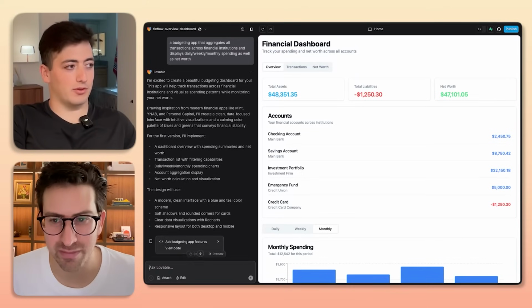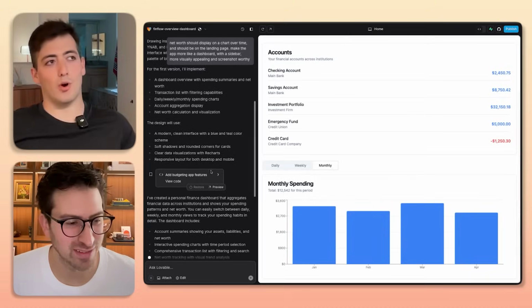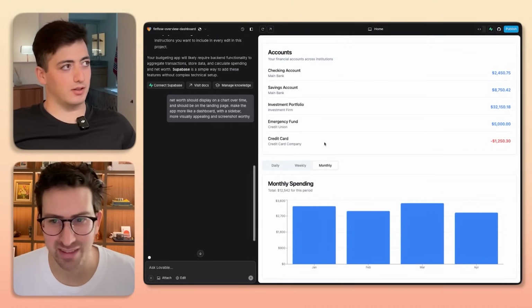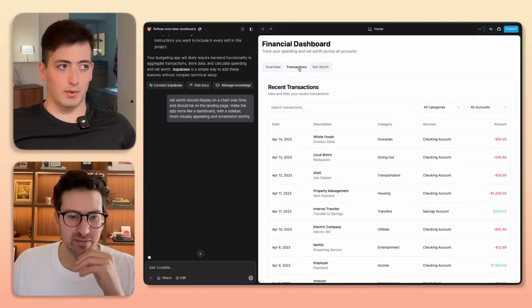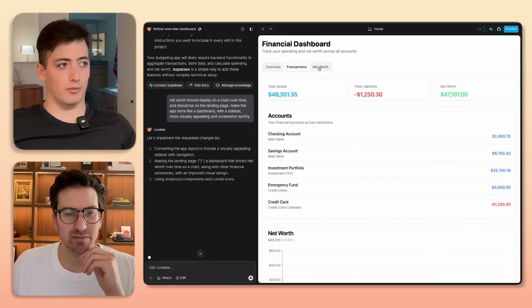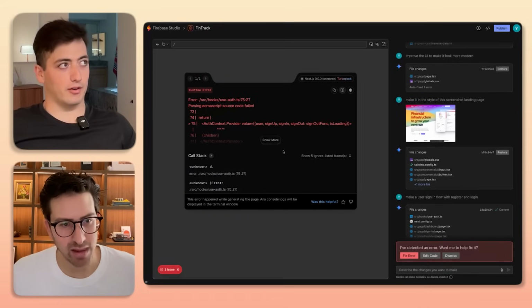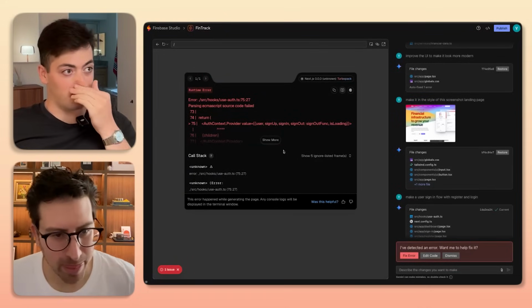Just ask it to make it more screenshot worthy. I don't know what models Lovable are using behind the hood, but they're really quite good. To your point, it's much more visually appealing than what we're getting right now at Firebase Studio. Then Firebase Studio,